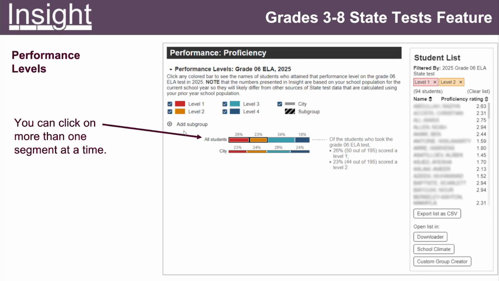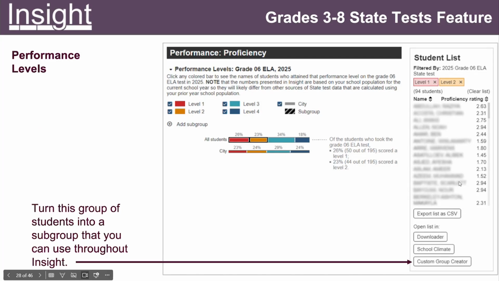Add a subgroup is here under the legend. So here's a plus sign, add a subgroup. I don't have a screenshot on this deck, but here's the menu or button. You can click to compare your students' performance with a particular subgroup or a couple of subgroups. From here, if you are a teacher or principal or AP or data specialist, you should see the custom group creator option here. If you are a district user or from the superintendent's office or from the central DOE, you are not seeing this option. And I'm going to explain more.